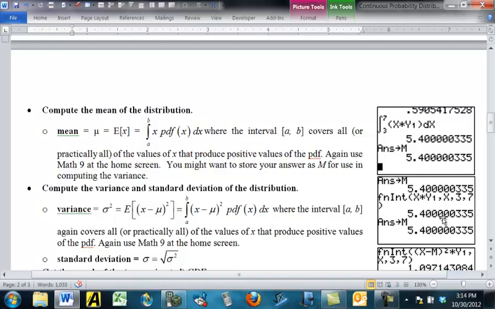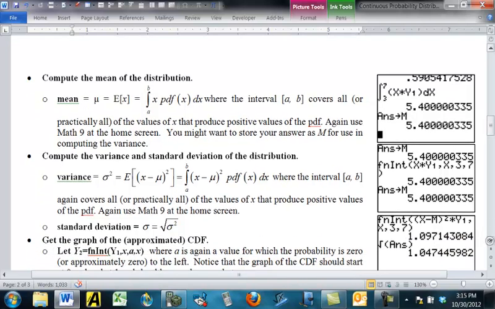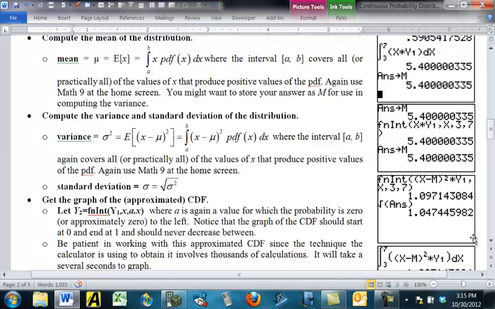And I stored that as m because that's the mean. In fact, I think this one's actually rounded off a little bit. I think the mean is exactly 5.4 in this case, but it's going to be accurate to many decimal places. If you do it in the new operating system, it looks like the top screen, where it goes from 3 to 7 again, and it's just x times y1, and then dx is always on the outside. And again, I stored it as m. One of the reasons why I might want to store it as m is I'm going to use m, or mu,